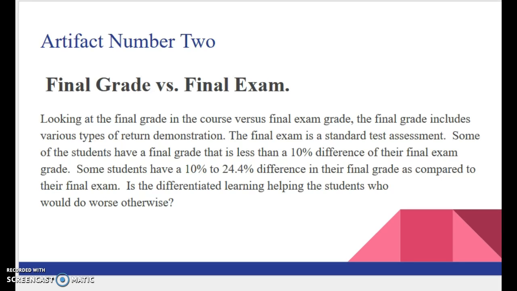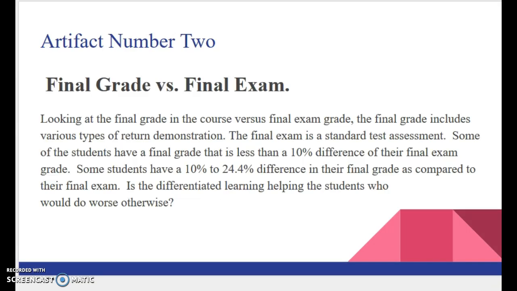Artifact number 2 is the final grade in the last class that they completed versus the final exam grade. The final grade in the class includes various types of return demonstration, and the final exam is just a standard test assessment. Some of the students have a final grade that is less than a 10% difference from the final exam grade, and then some students it's vastly different. It can be more than 10% and even up to 24.4 difference in their final grade as compared to their